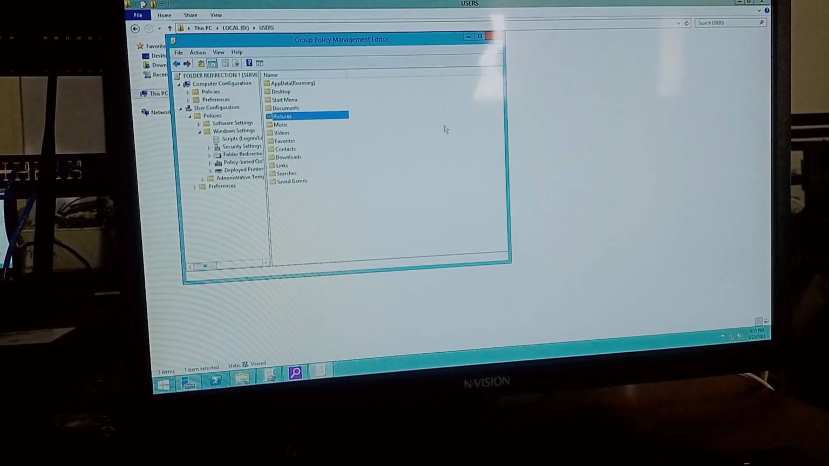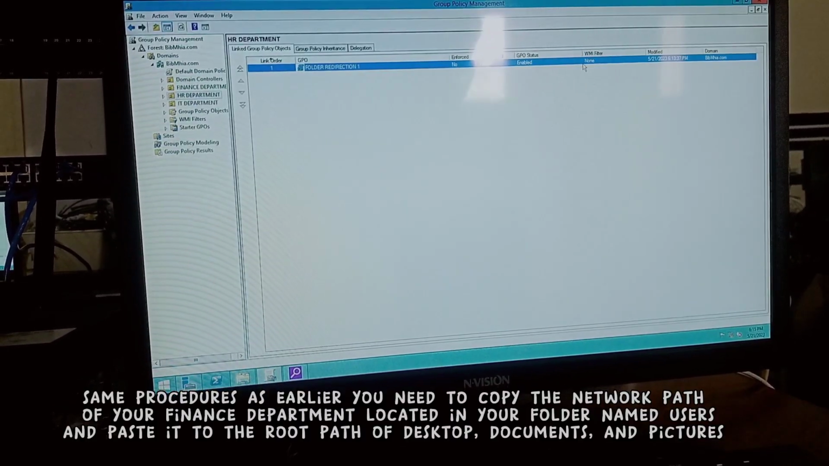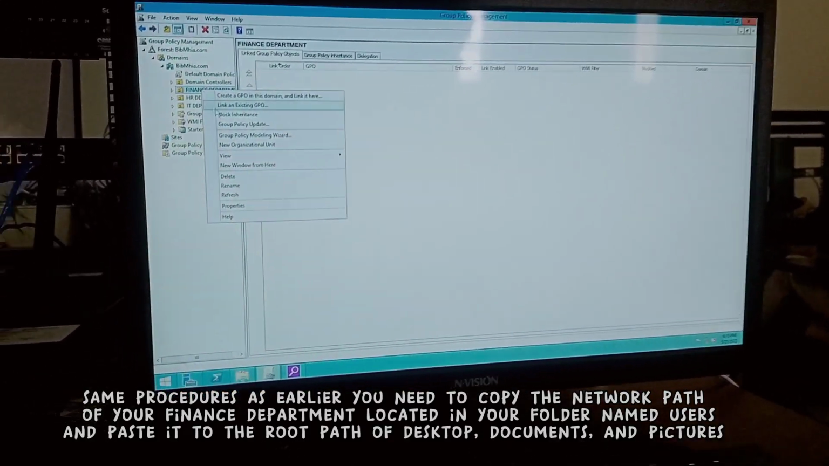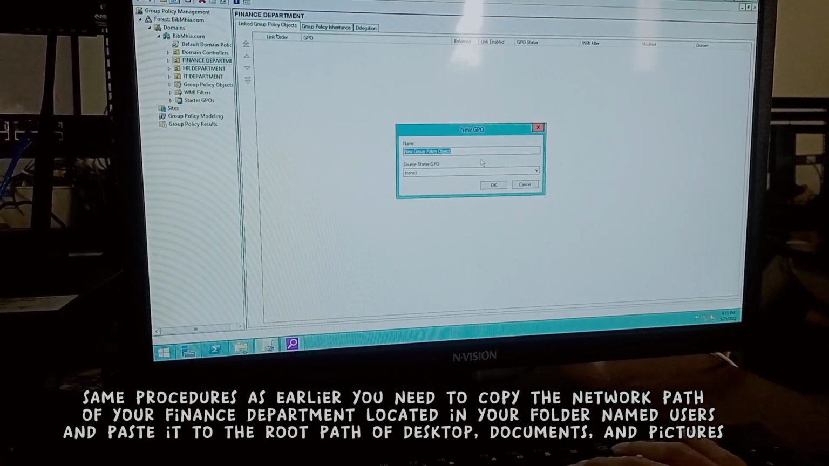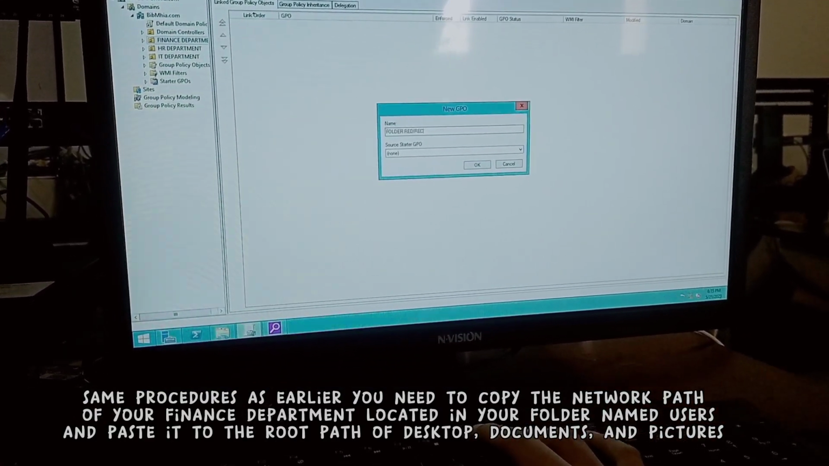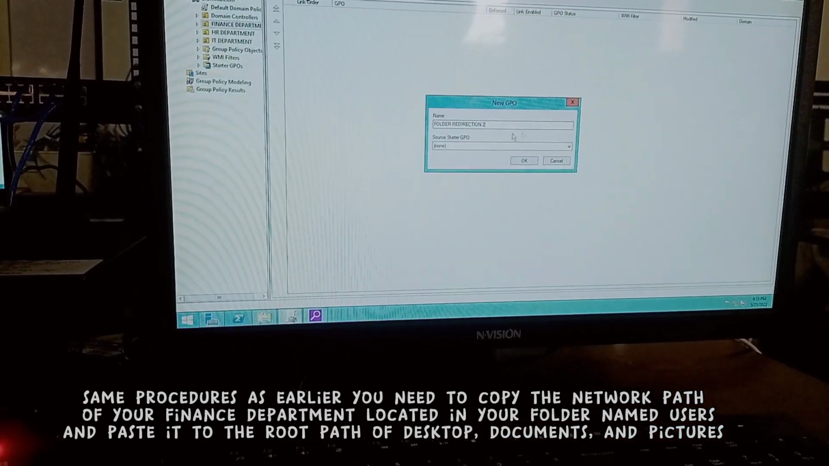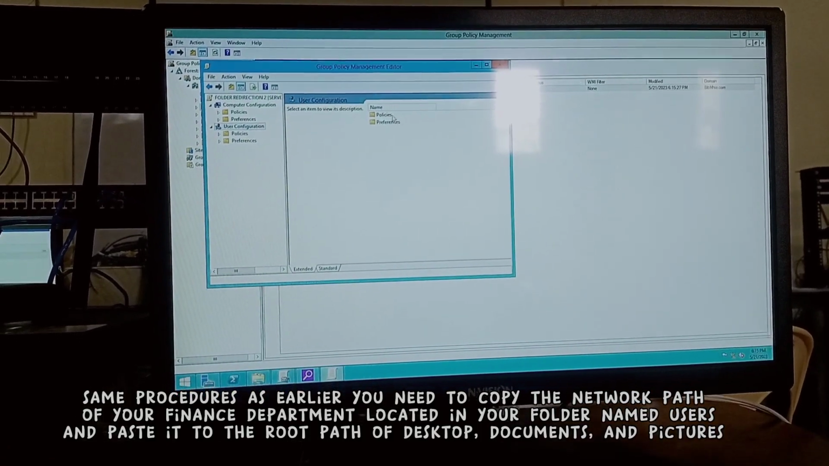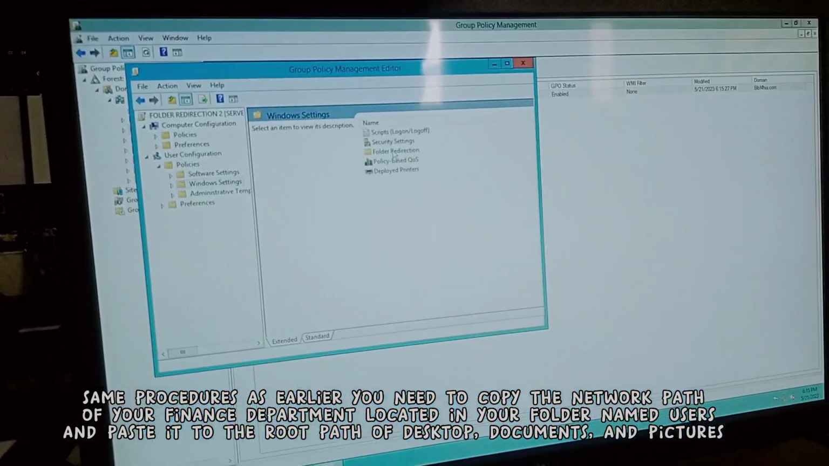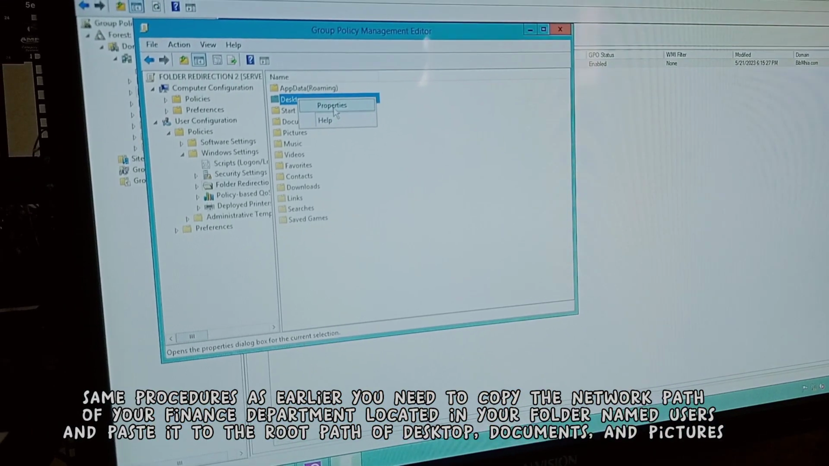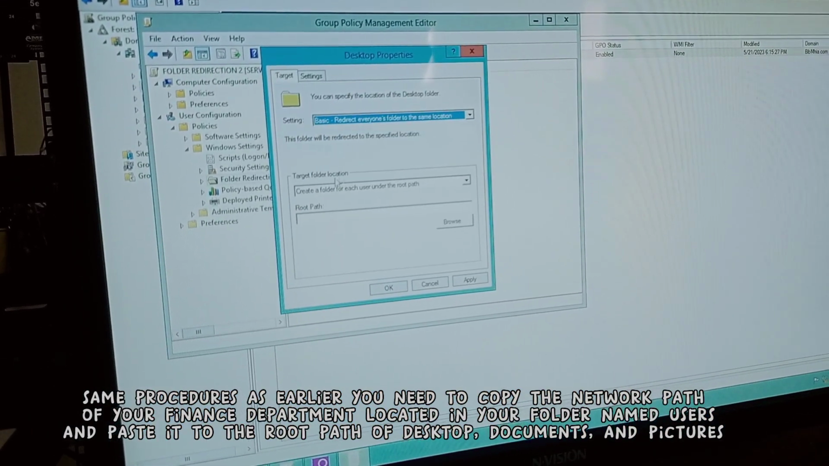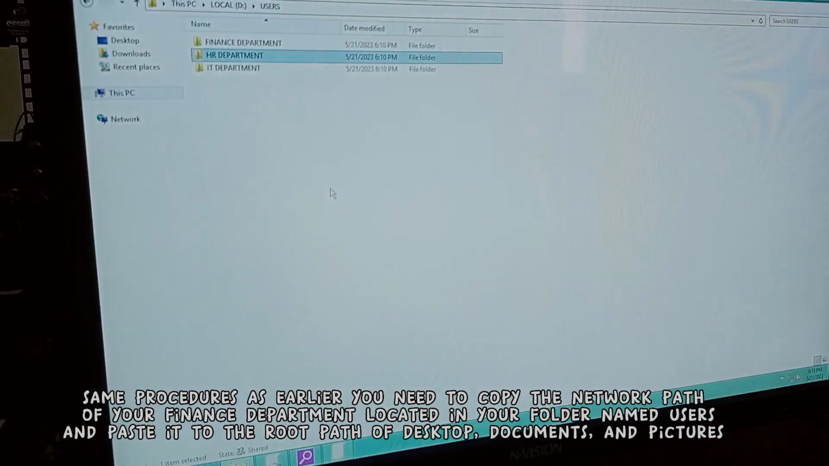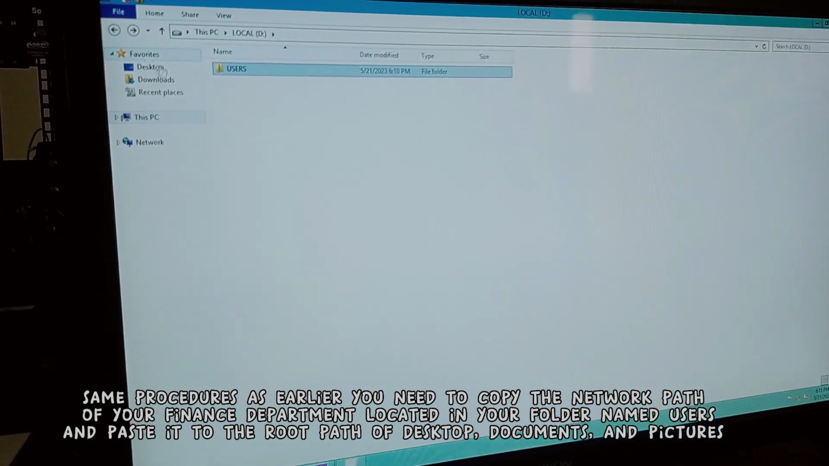Go back to Group Policy Management, right click Finance department, then Create GPO, create Folder Redirection 2, then OK, right click Folder Redirection 2, then Edit, then User Configuration, Policies, Windows Settings, then Folder Redirection, then right click Desktop, then go to Properties, then set the setting to